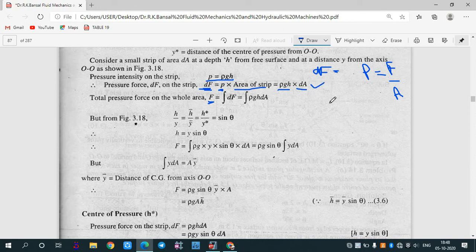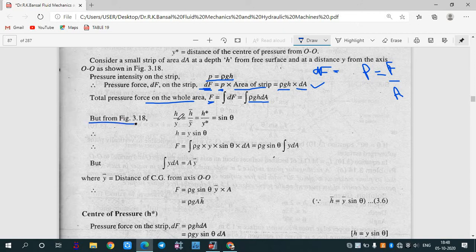In order to get it for the whole body, we need to integrate this value. So for the whole body, df will get converted into F, and we need to integrate df. So the integration of rho g h into dA, ultimately, we need to consider this. Now if we consider this part,